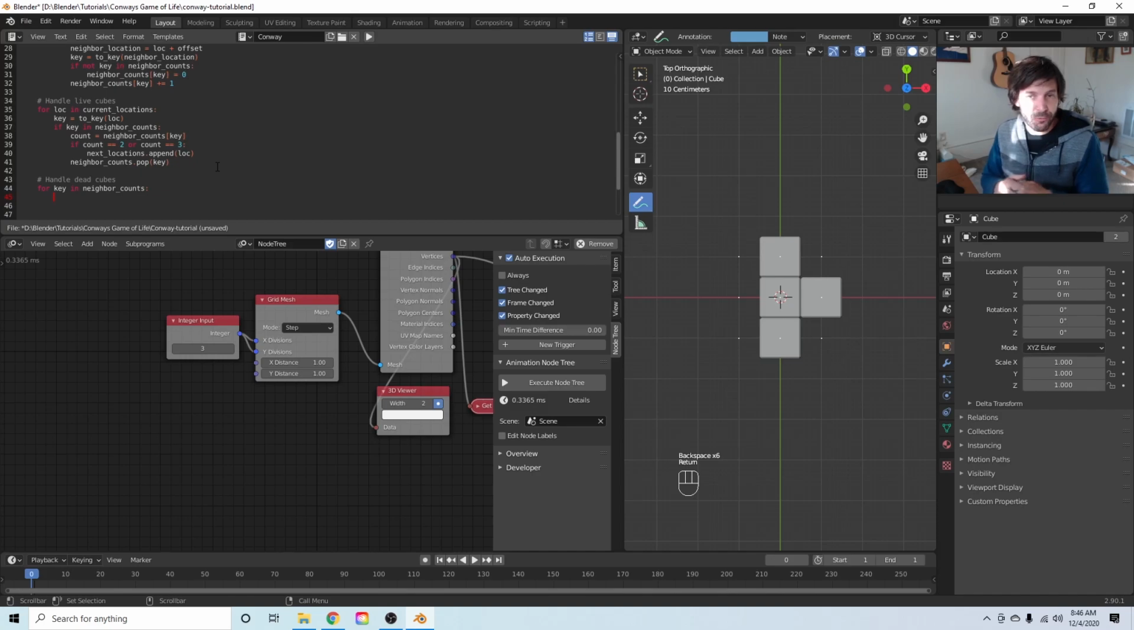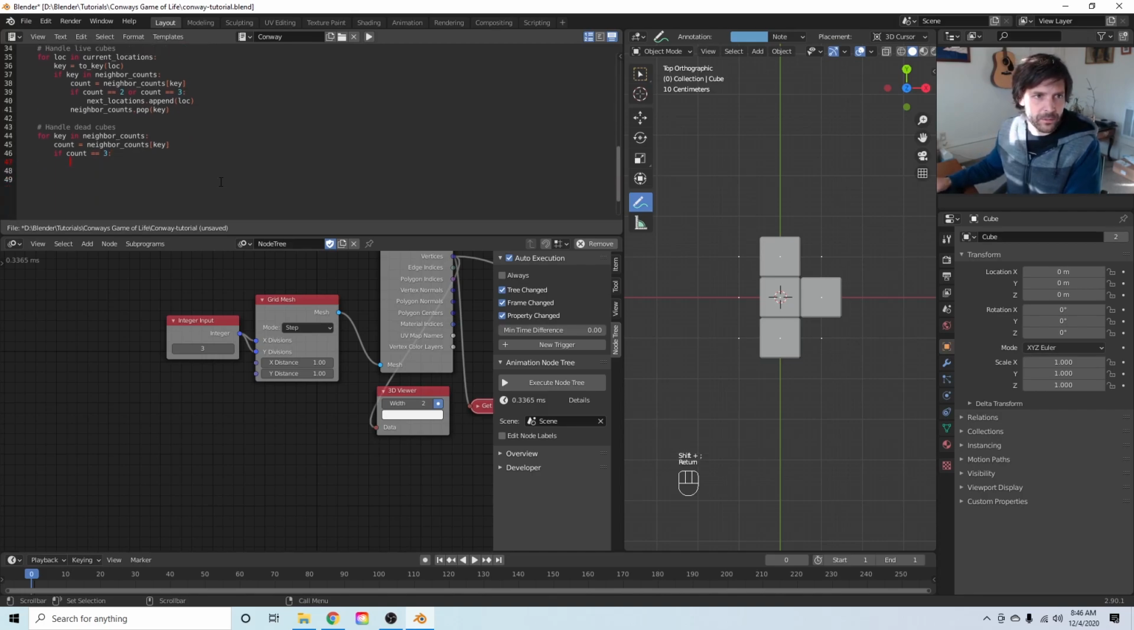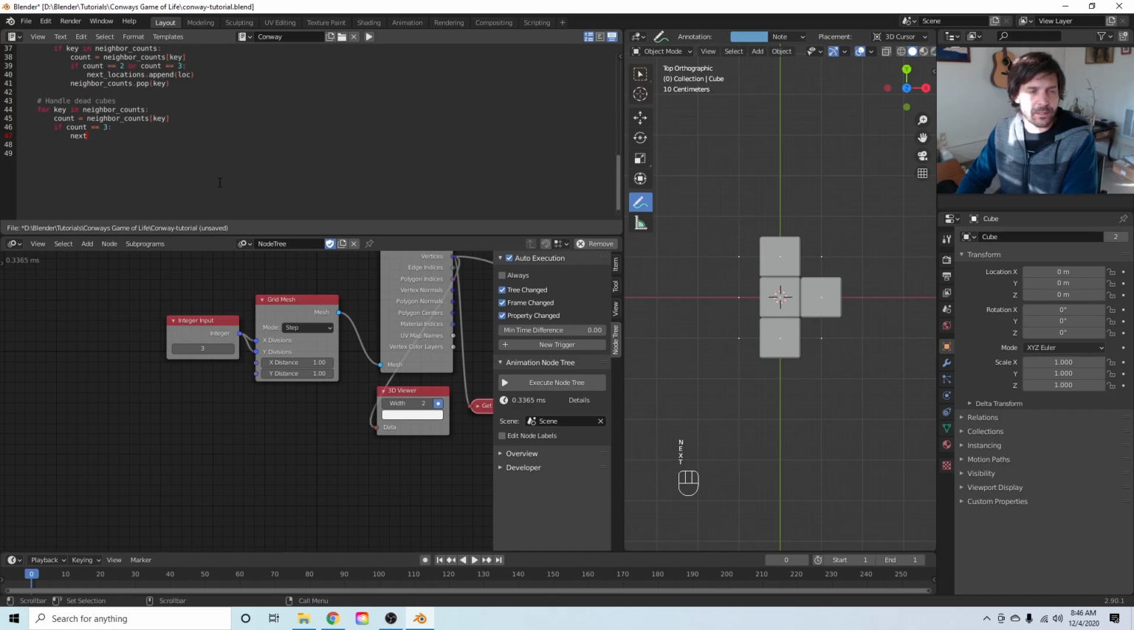We know that, once again, there are only dead locations in the neighbor counts because we've removed all the live locations. For the dead cubes or cells, the number of neighbors has to be 3 for it to come back to life. Grab the count again. Neighbor counts key. If count equals 3, then next